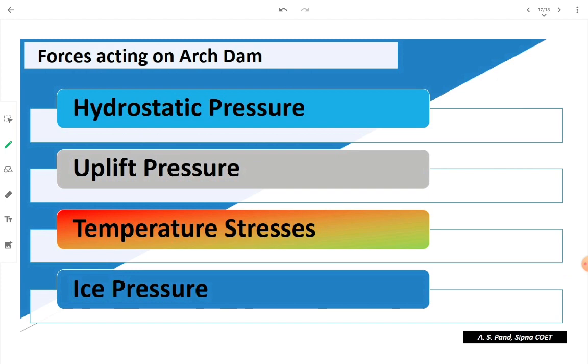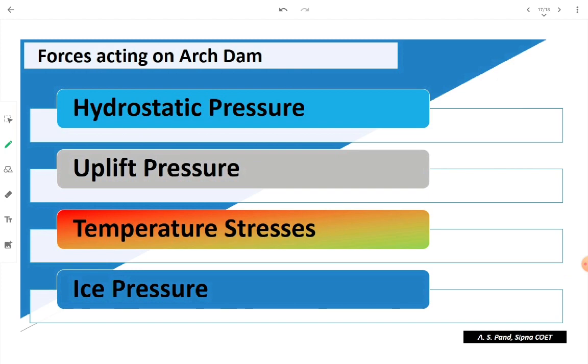Then temperature stresses are one of the prominent forces that need to be taken care of while designing and maintaining an arch dam, because we are talking about a thin cross section of concrete. What is going to happen in summer? The arch is going to expand, although in a small manner, but it is going to put a tremendous amount of stress on the side support or the abutments. And in the winter the concrete is going to contract, and the variation in the stress amount on the abutment is going to change.